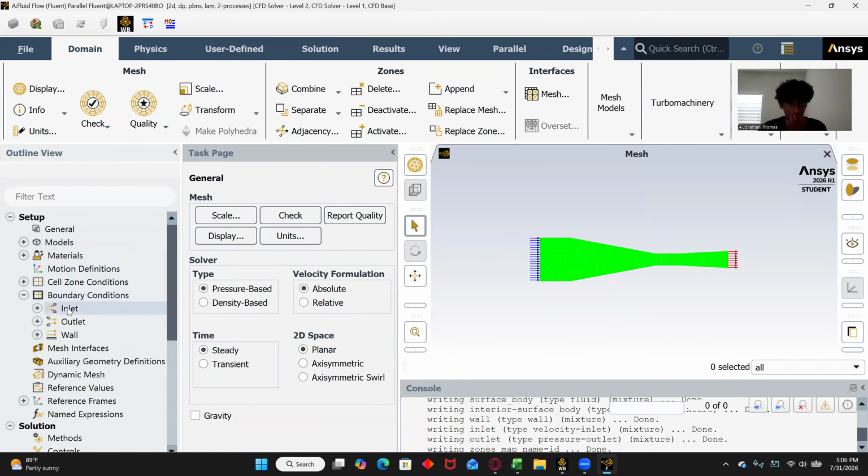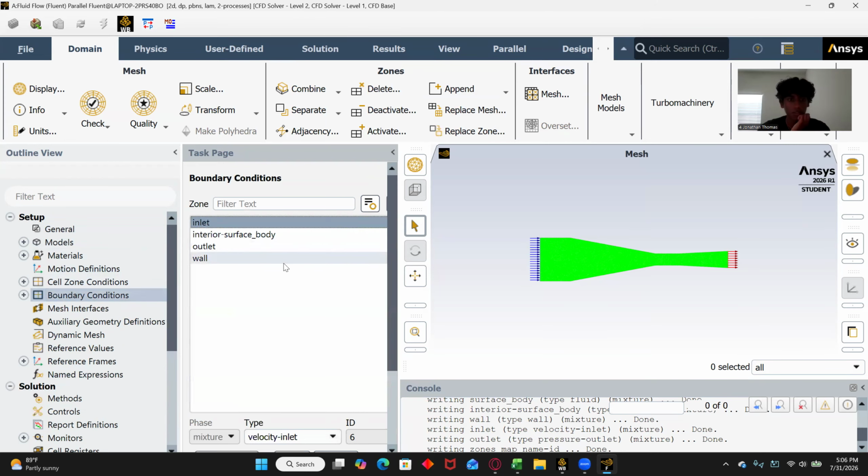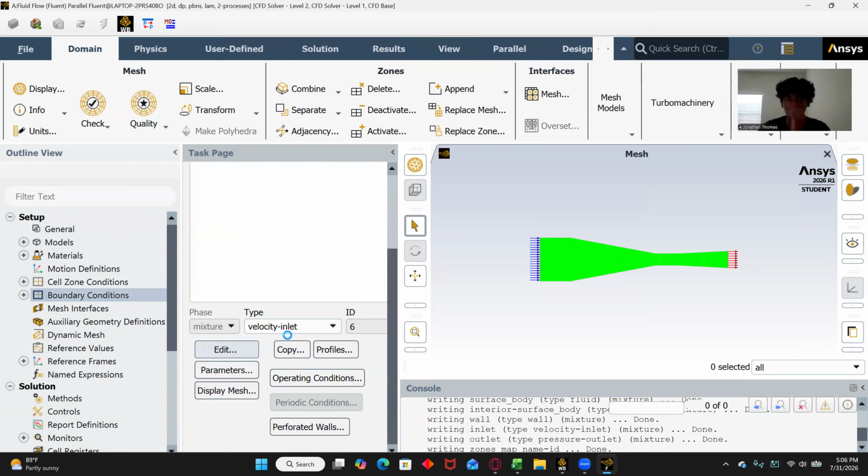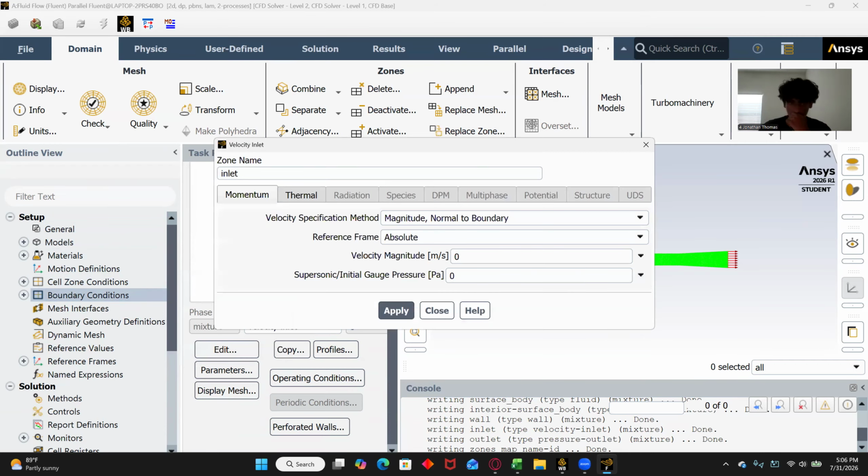Next is boundary conditions. And then we can double click boundary conditions. And the only thing we're changing is the inlet for the velocity. And so right here, for our project, we were given the equation 0.2489 F minus 0.1378 equals velocity. So we're going to plug in 60 here, and when we plug in 60, we get a velocity of